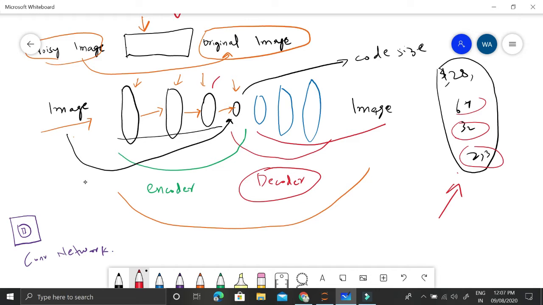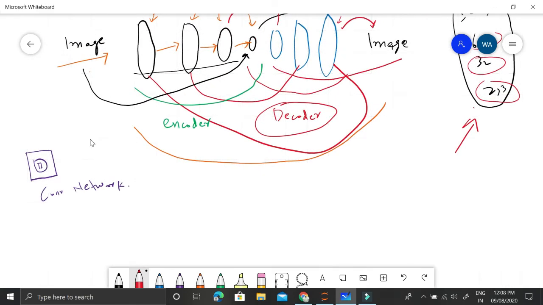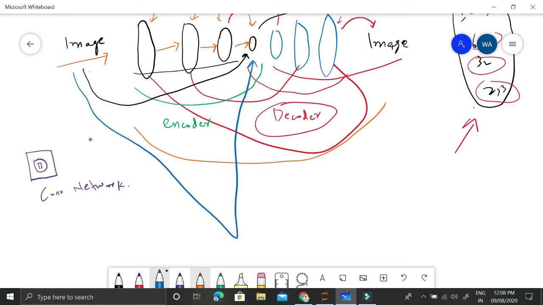So suppose we are reconstructing this hidden layer here, and this second hidden layer here, and this third hidden layer here, and using this last hidden layer we reconstruct the image. So the main idea is to use this noisy image as an input, encode it into this lower dimension, and then use this lower dimension as an input and reconstruct this image as an output.